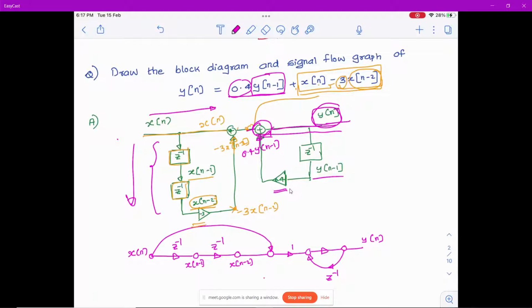in the bottom. Okay, you put enough number of adders and you add with x of n if it is